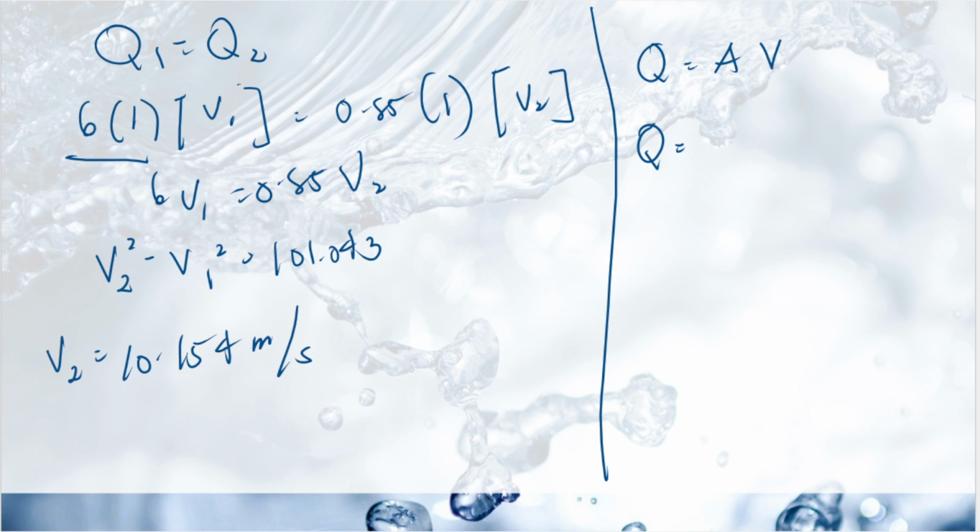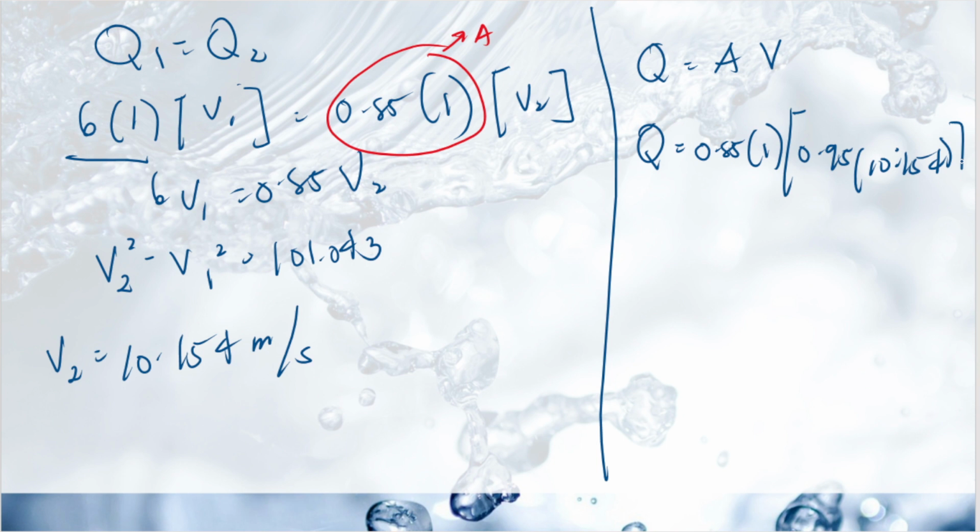The area is 0.85 times 1, for V sub 2. So it is 0.85 times 1 times the velocity, multiplied by C sub V of 0.95 times the velocity